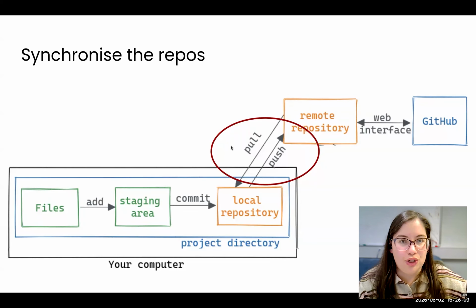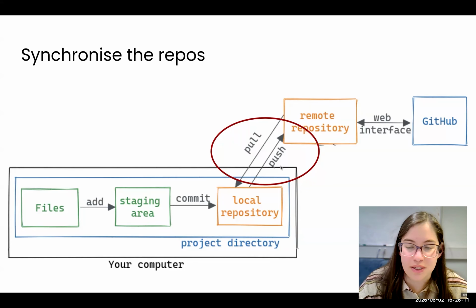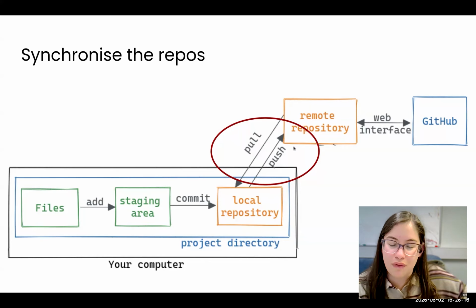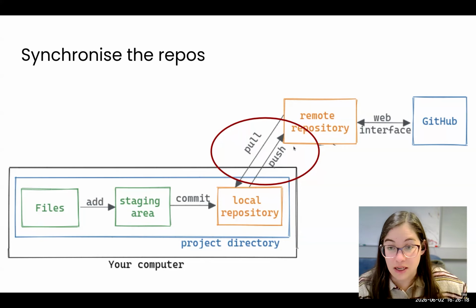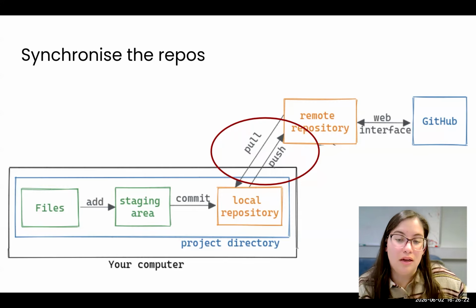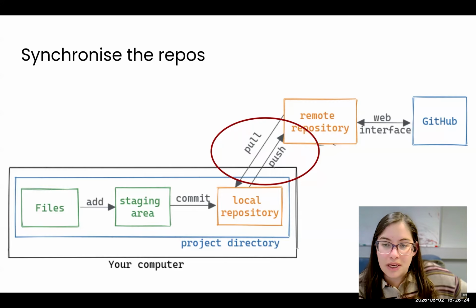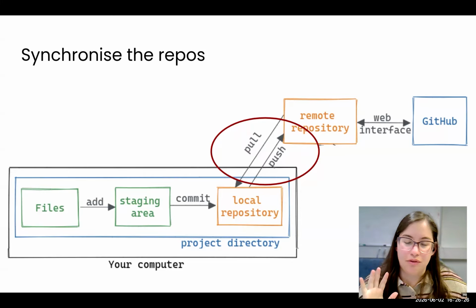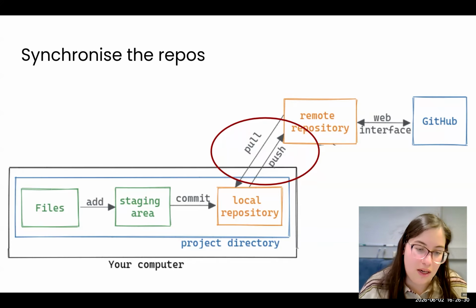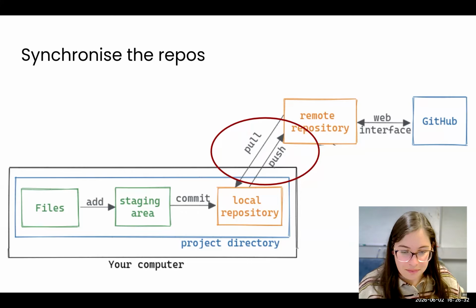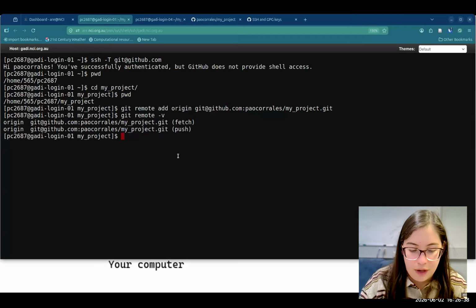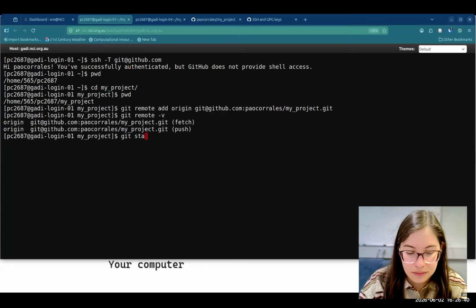So these two commands we have here. Push will be the action to move things from Git to GitHub, and pull is going to be the opposite, from GitHub to Git. So it's kind of like push to the cloud or to GitHub and pull from the cloud or GitHub. If we come back to the terminal and we do git status, it's saying